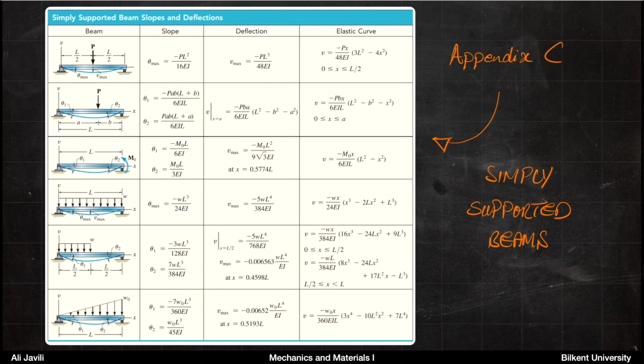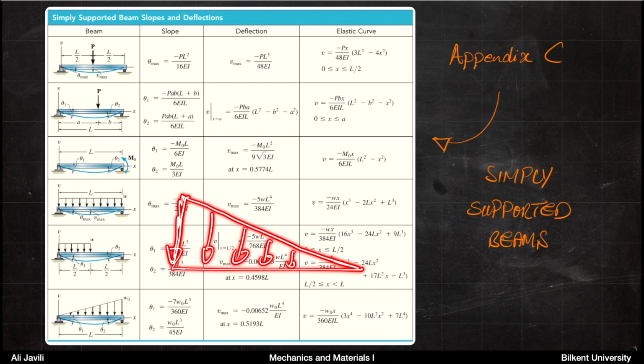Also, I need to bring your attention that once you have, for instance, a uniformly distributed load and a linearly increasing distributed load, you can imagine if you had a distributed load that was, for instance, linearly decreasing. This case does not exist in the table, but you can basically construct this